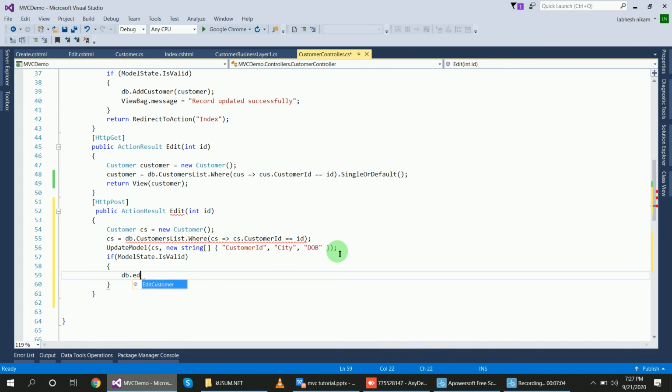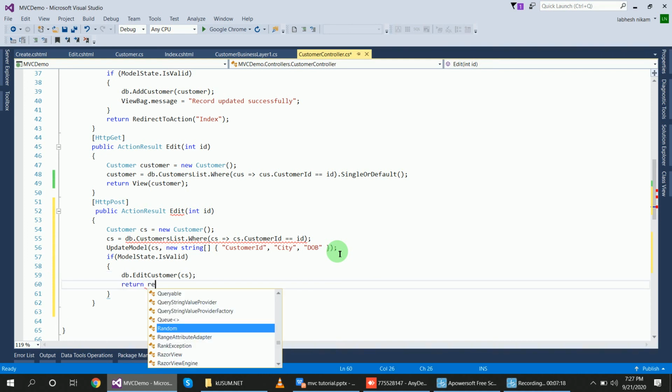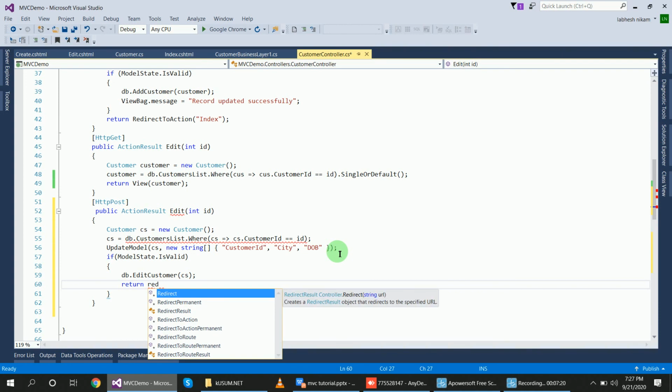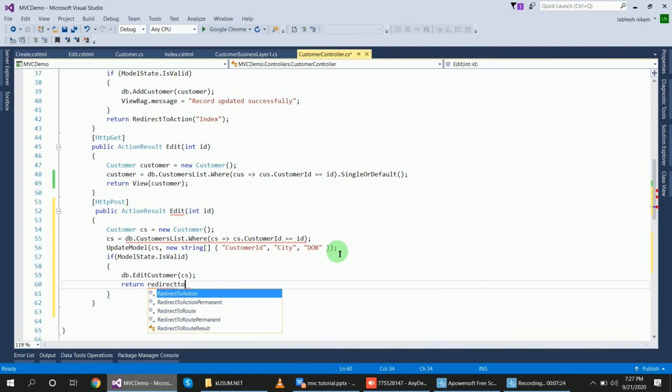The update method is edit customer, db dot update. What to update? The object of the class, cs. Complete this here, and return RedirectToAction Index.